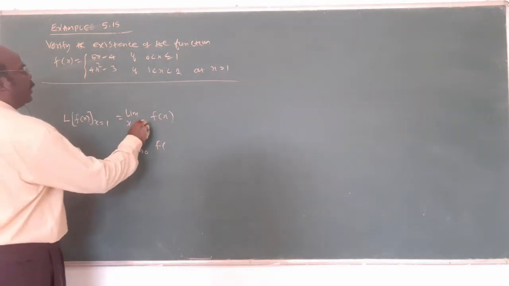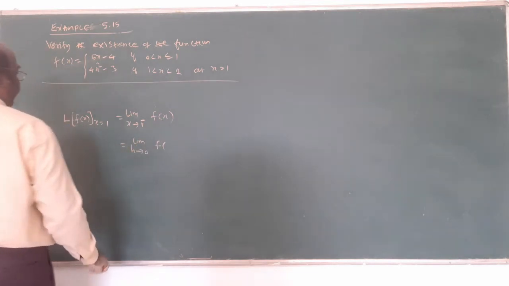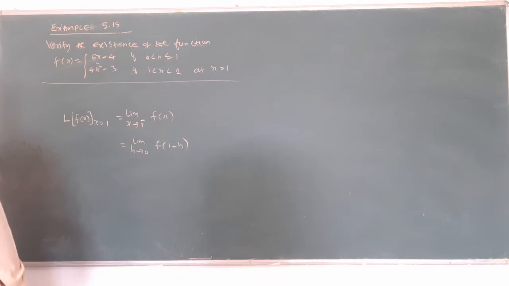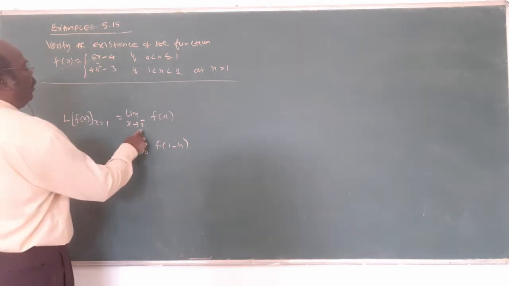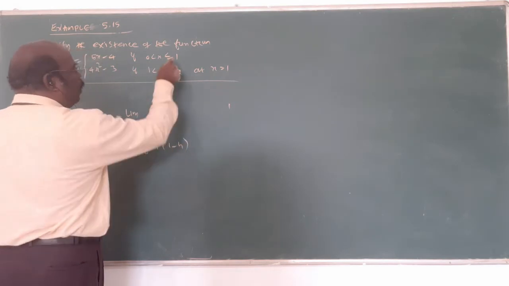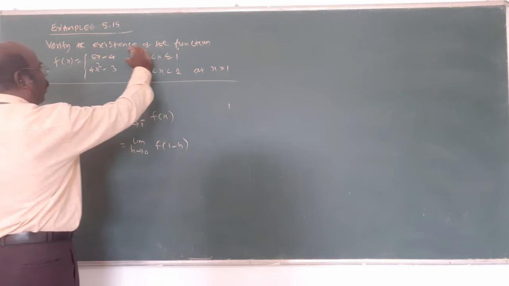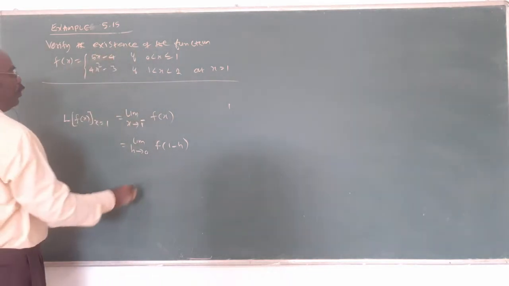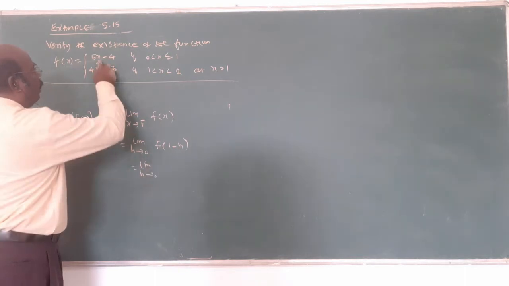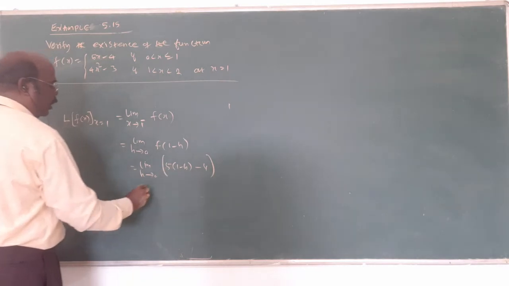Now here, for the left limit, it is f of 1 minus x. Am I right? F of x means here 1 minus x. So 1 minus means below 1. This is the interval, but the corresponding one is 5x minus 4. Limit x tends to 0 of 5 into 1 minus x minus 4. Am I right? Now simplify.